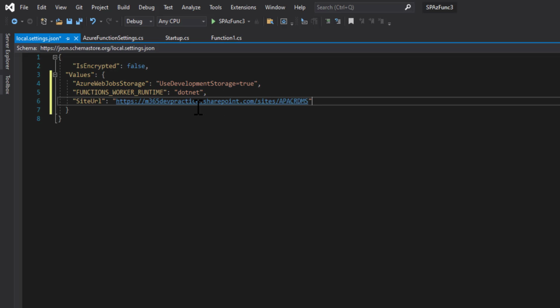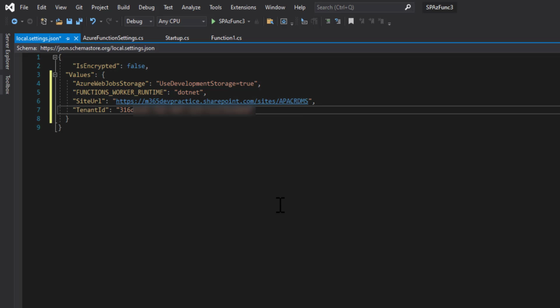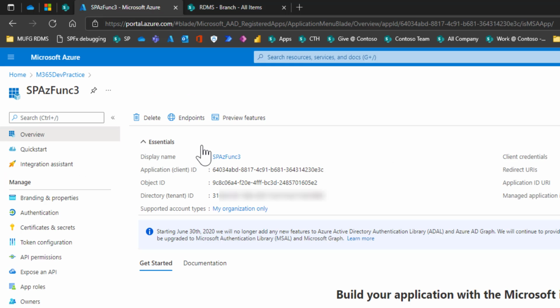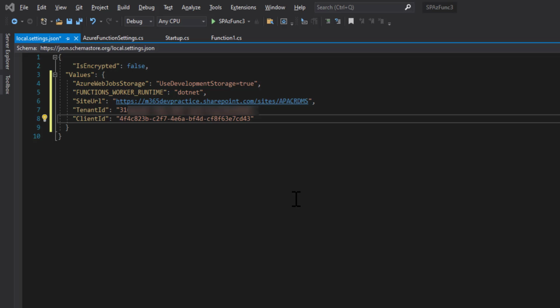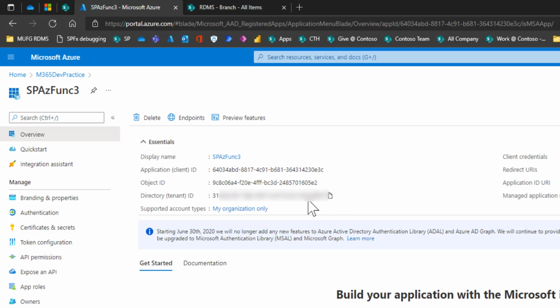This is the site I am going to use, which is m365devpractice.sharepoint.com/sites/APAC RDMS. Then the tenant ID and the client ID. The tenant ID will be this one, 316, and I'll just add the client ID.